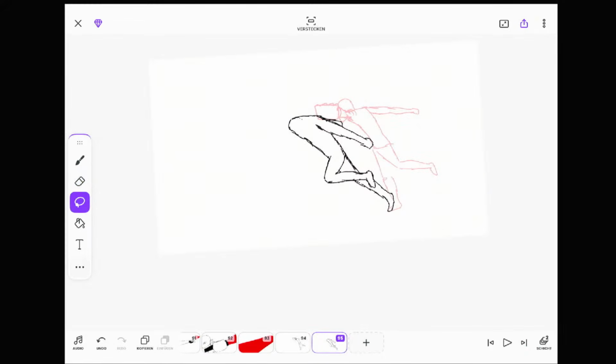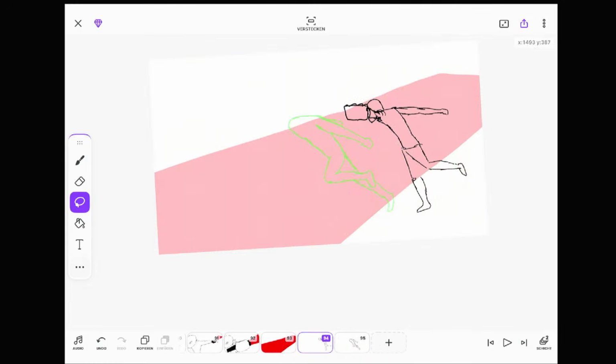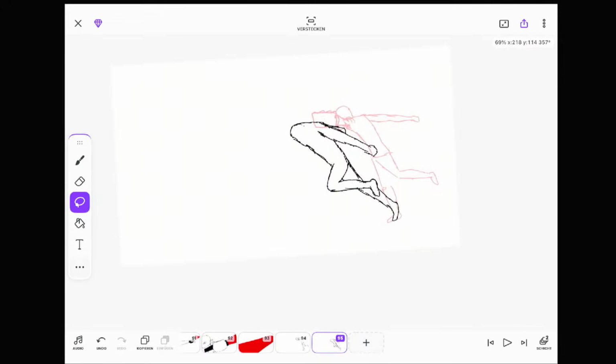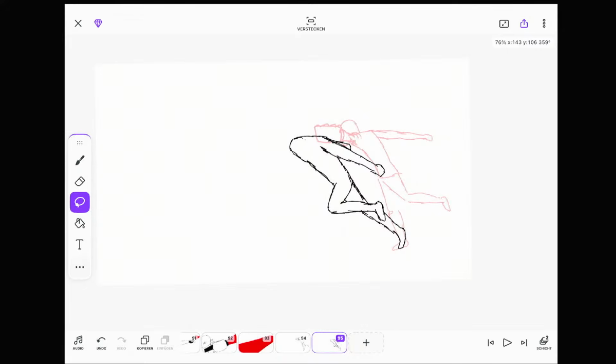Okay, I want that he is actually blocking a shot from a gun with his lightsaber.